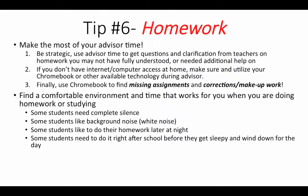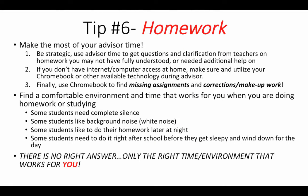Some students like to do their homework later at night after they've gone to ball practice and taken a shower and had their dinner. Some students need to do it right after school because if you're like me, as the night goes on, you get more and more tired and you want to wind down for the day. So which is right for you? The answer is there is no right answer. What works for Johnny might not work for Sally. What works for myself might not work for me. Figure out what works for you, the right time and environment, and make a dedicated time and environment decision